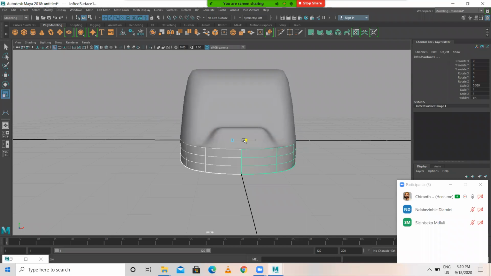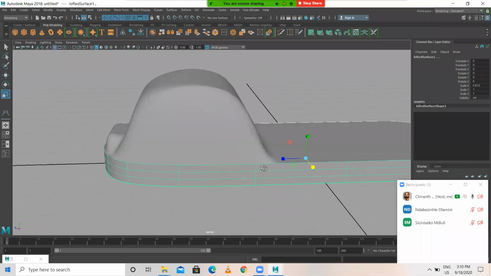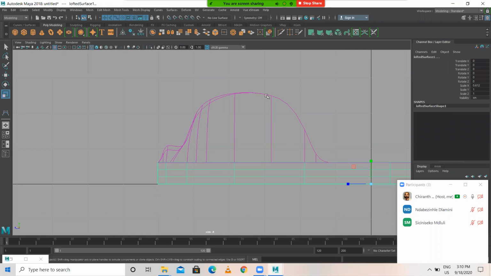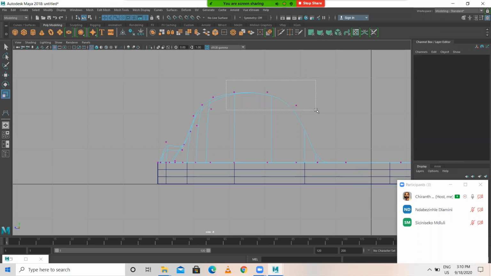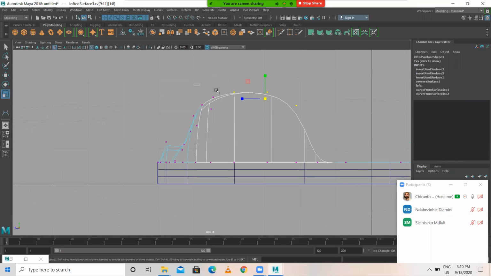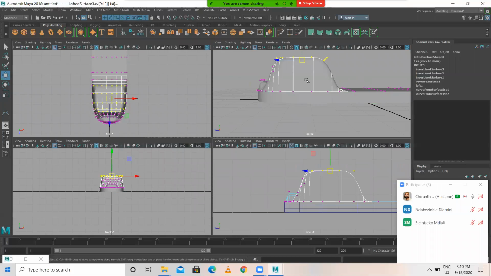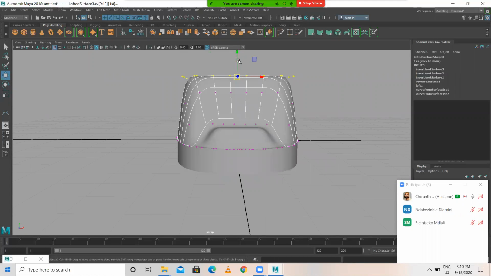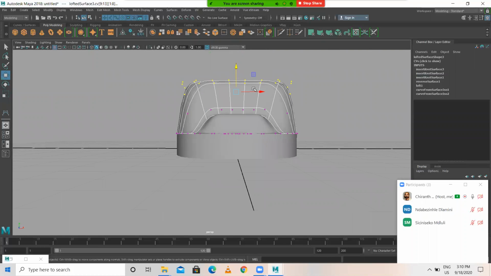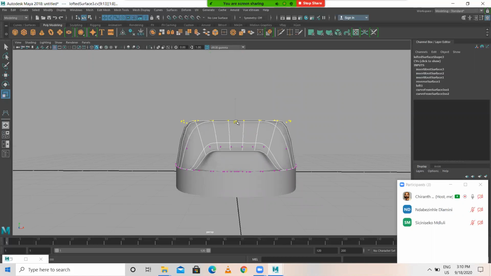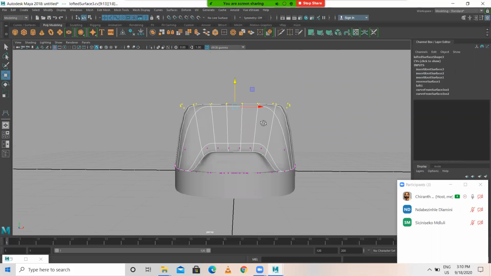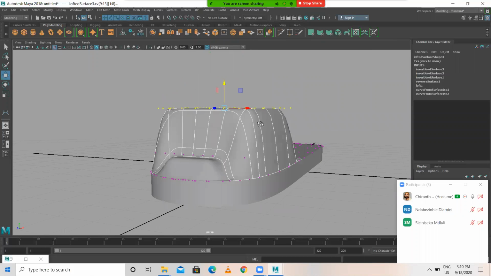It is like this. It should be like this. Okay, it's like this.